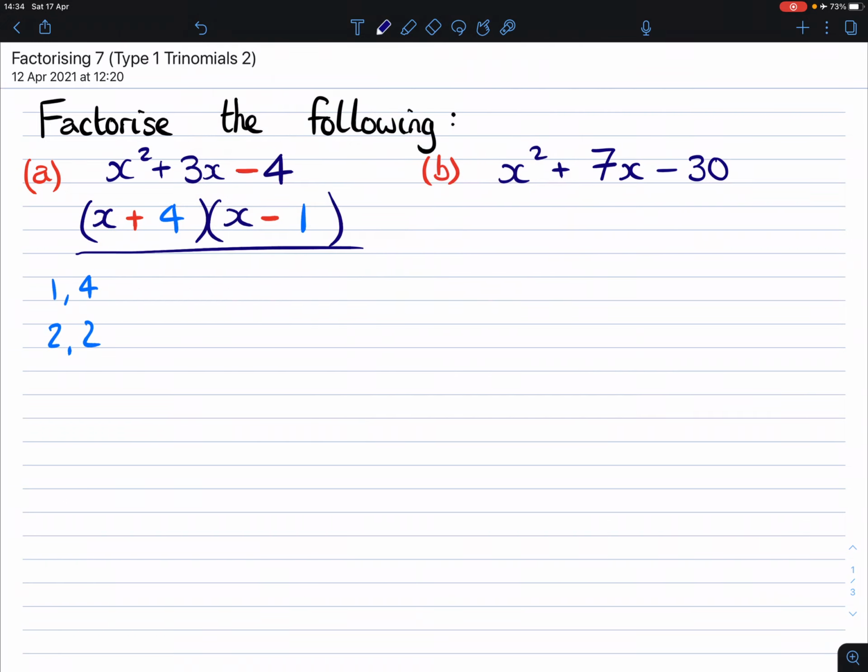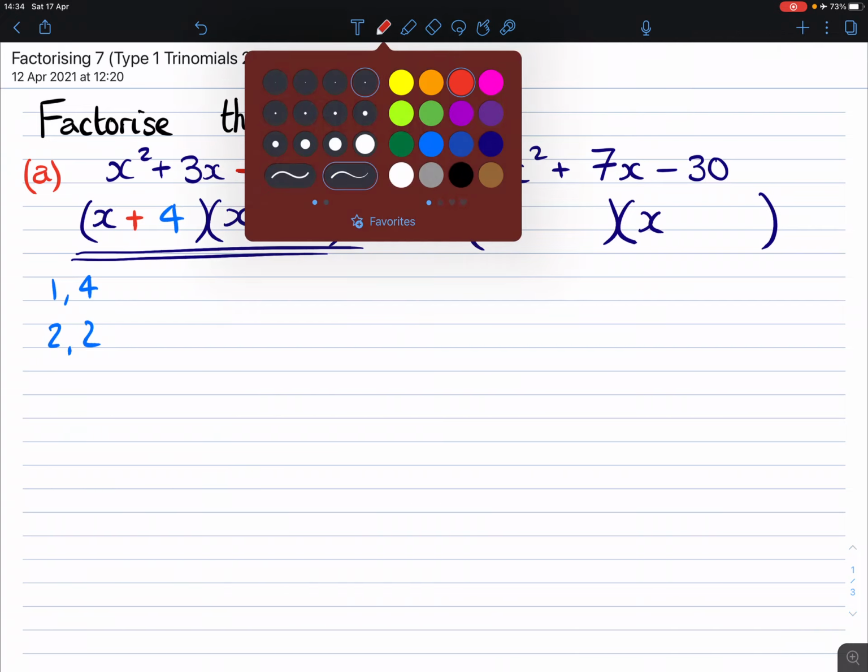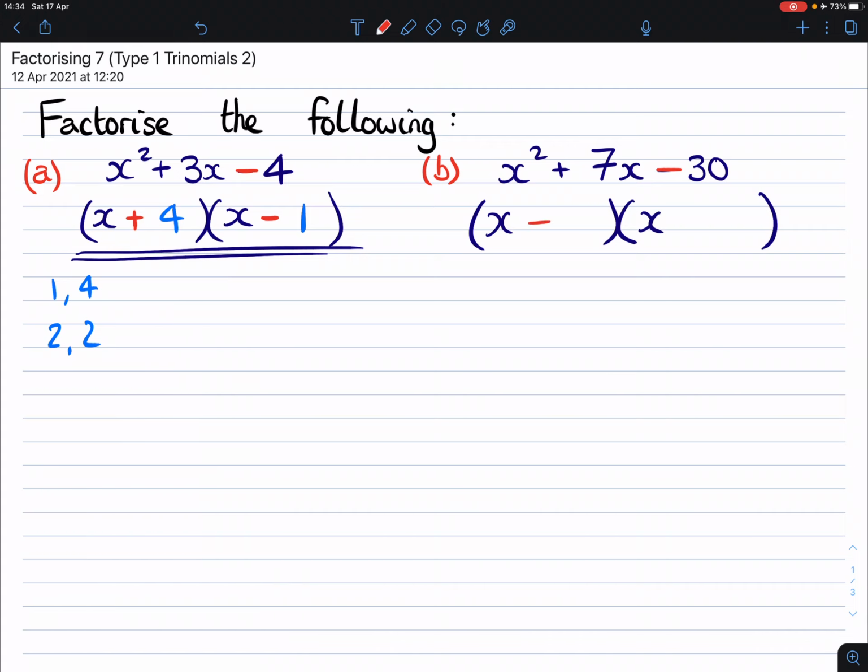Second one: nothing in common between x squared, 7x and minus 30. We'll look to see if we can factorize into double brackets. X times x works for the beginning. It's a minus 30, which tells us that these signs are different. I'm going to write them this way around this time. Then look at the factors of 30 to see what possible numbers we can input. It can be divided by 1, 2, having a blonde moment here, 2, 15, 3, 10,